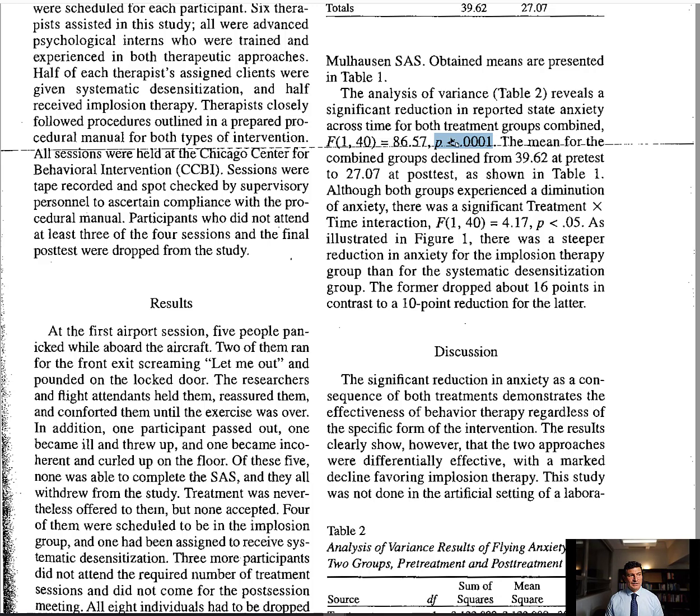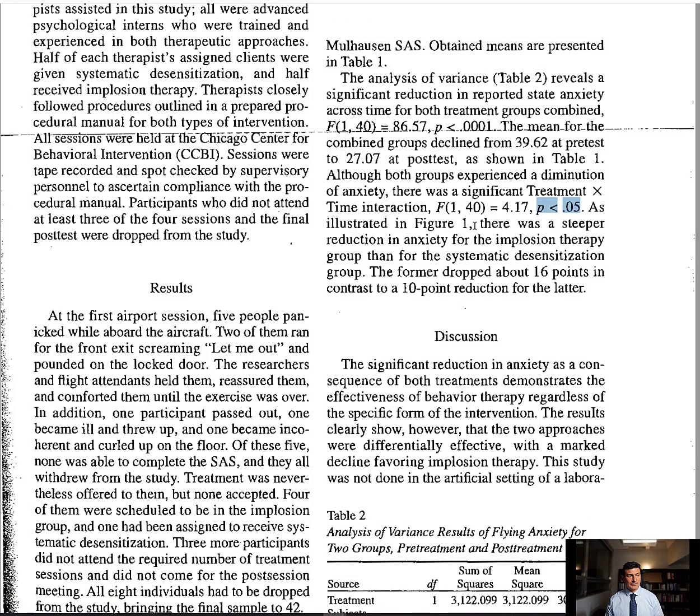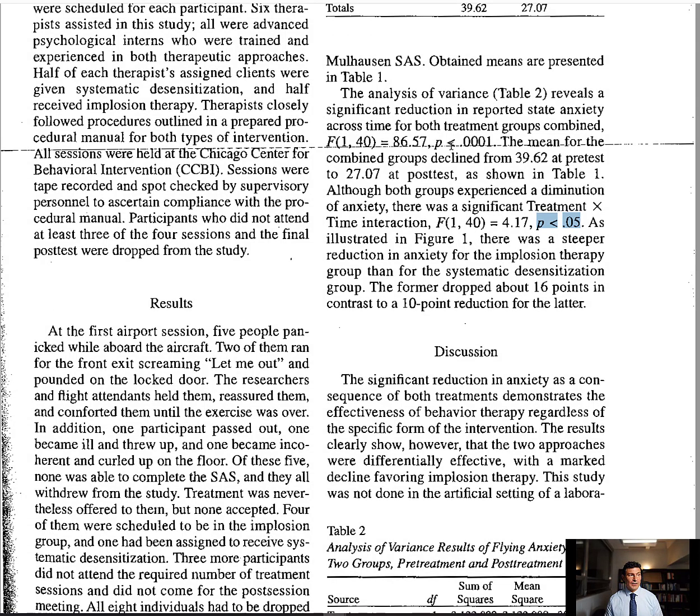Whenever you see p less than a really small number, that means they've rejected the null hypothesis. They found something. So here, p less than 0.05, they found something. They found this interaction, meaning that there are differential effects over time for the different treatments. Overall there's an effect of therapy. So if you want to read this, you can ignore much of this other stuff and just look for p less than 0.05 or p less